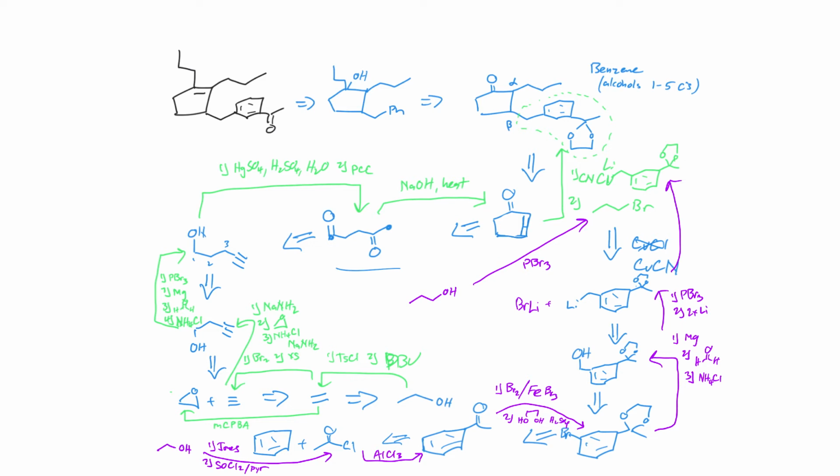The first step is adding my cuprate reagent to the beta position. The second step is alkylating the alpha position, and then I get right to here. And then it looks like we want to add a Grignard to this, and that's going to be magnesium bromide here. And then the workup will be,